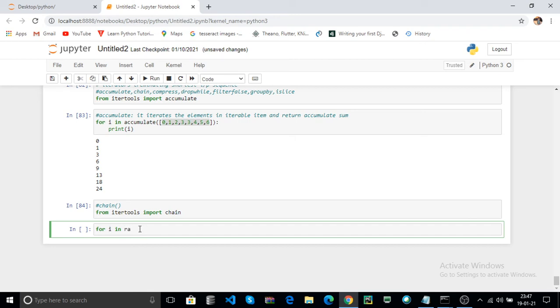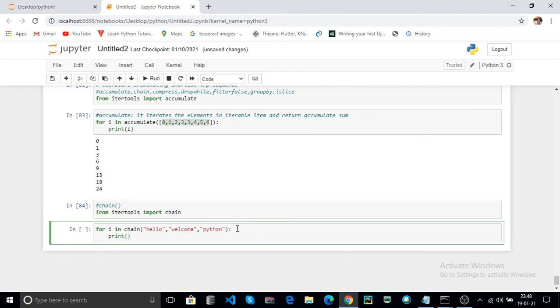In chain I pass, for example, hello as one string, another one is welcome, and another one is python, and print i.